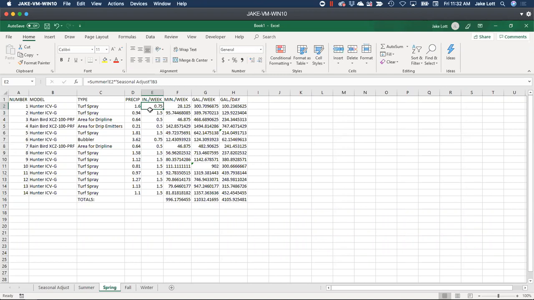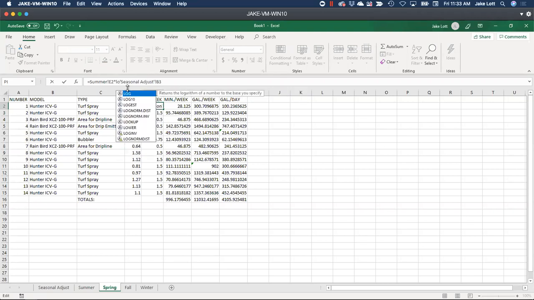I'm going to introduce a little bit more of a complex adjustment to the equation here, because what we're going to do is multiply not only this number here, but we're going to start a new formula, and that's going to be our lookup. So if we start typing any type of letter, it's going to try to find an equation already from that function. And you can see here's my lookup. So if I use lookup, it's going to start telling me what I need. And these commas start delineating the next piece of information that it needs. So the lookup value is going to be